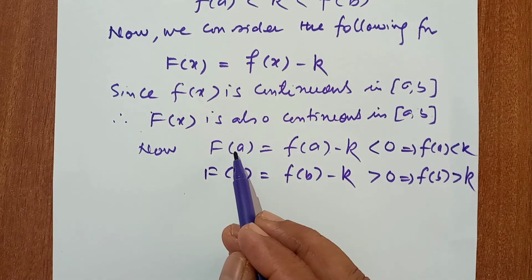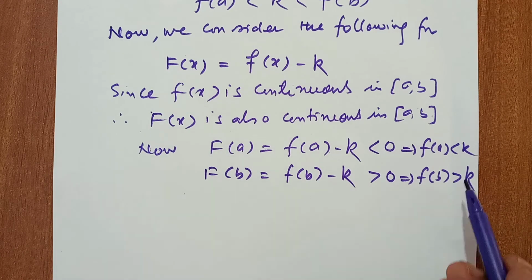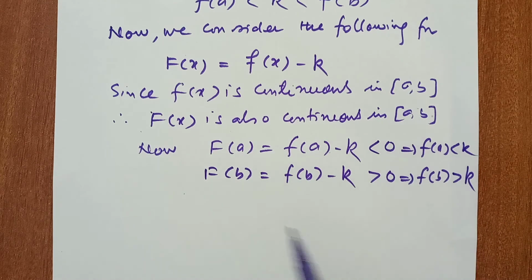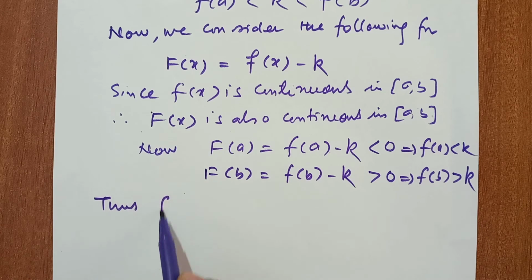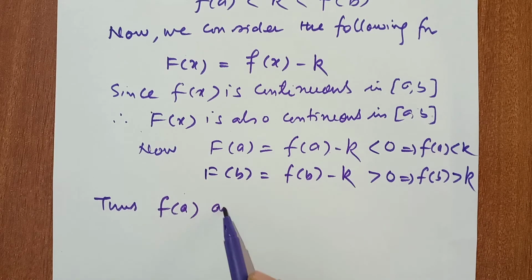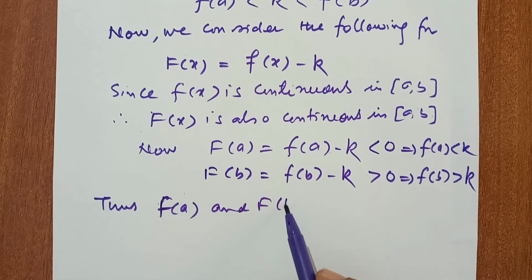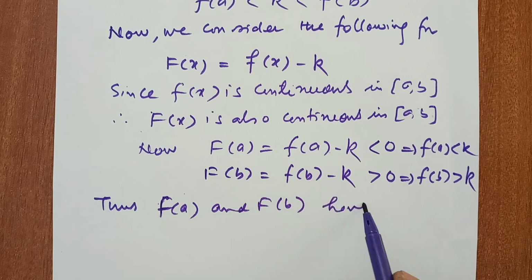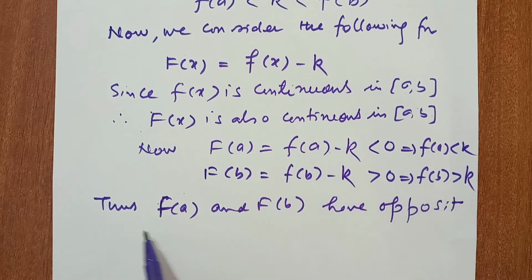Here f(a) is less than k, f(b) greater than k. It means these have opposite signs. Thus F(a) and F(b) have opposite signs